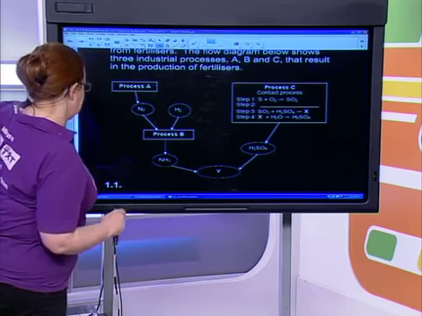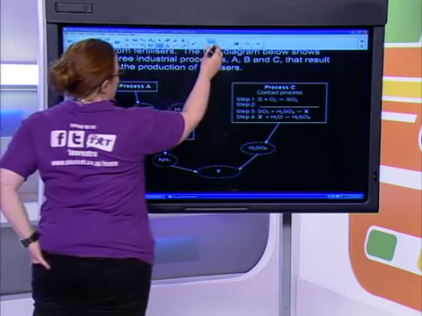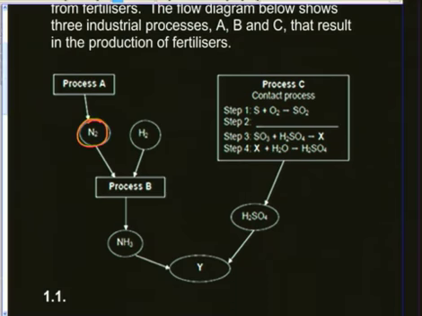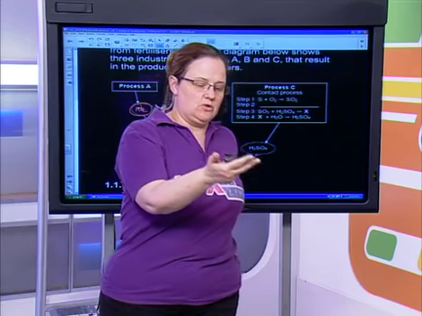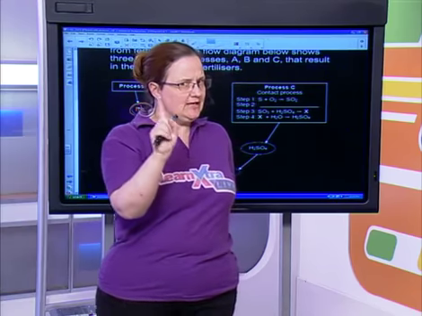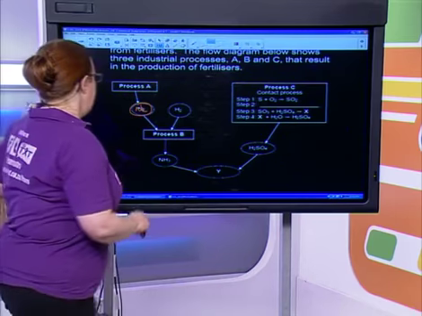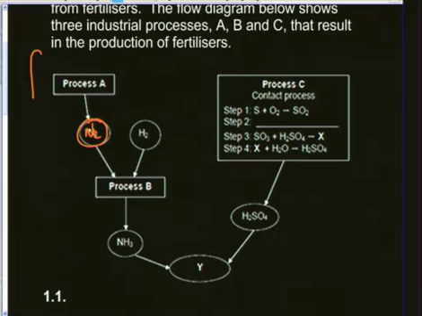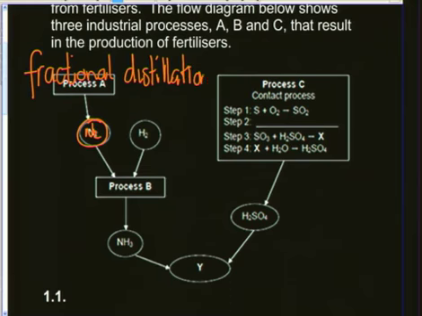So we look at process A, and process A goes to making nitrogen gas, okay? Now, I just said to you it'd probably be Ostwald, Haber, or Contact, but making nitrogen is not that. I didn't actually mention it earlier. Nitrogen comes from the fractional distillation of liquid air. Fractional distillation, okay? That is still an industrial process,